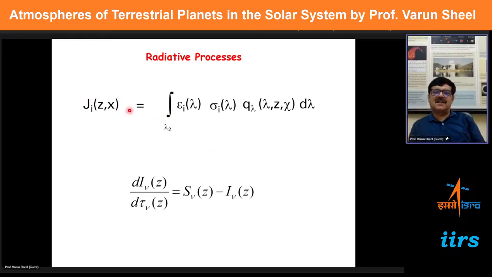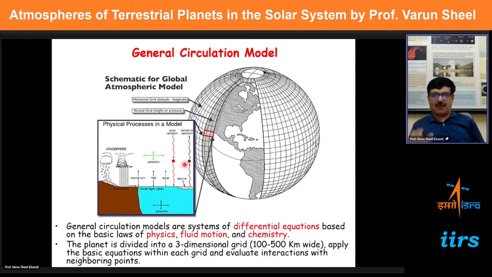So those things are physically taken into account by constructing the rates of these photo dissociation. Then the equations describe how this energy is distributed through processes like scattering and absorption. So radiative processes have also to be taken into account when you consider the entire atmosphere. All the three processes which I showed you earlier, the radiative, chemical, and physical, all have to be coupled to